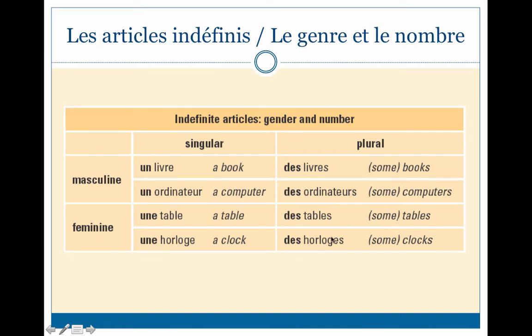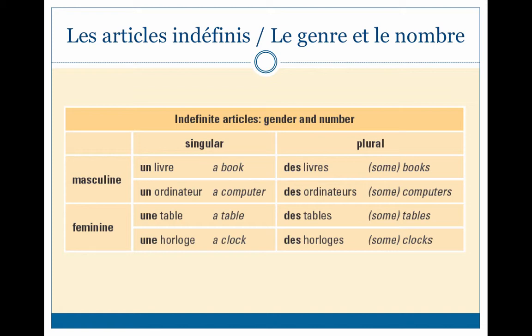So why do we need these articles in French? That's a big difference between French and English. We have to have something before the noun, whether it's one of these definite or indefinite articles that we're going to talk about, or a possessive adjective like my, your, his, her, their, or a number. And that kind of makes sense because we wouldn't say there's a my dog. You know, we only want one of those two things. Either there's a dog or there's my dog.